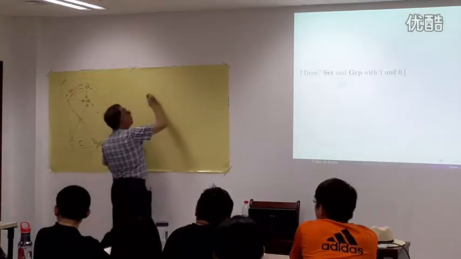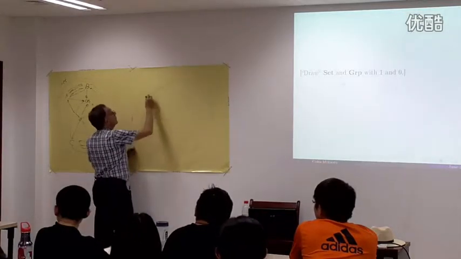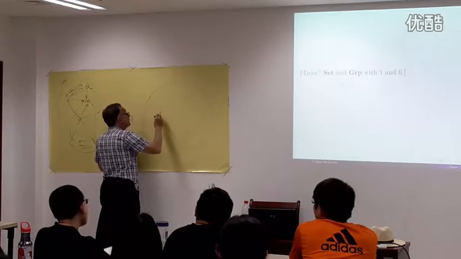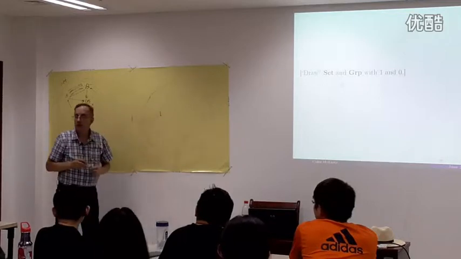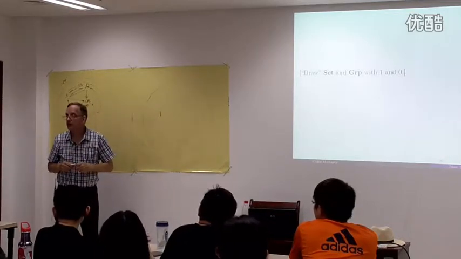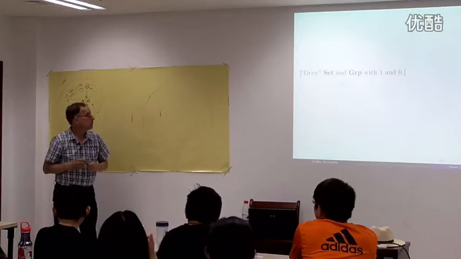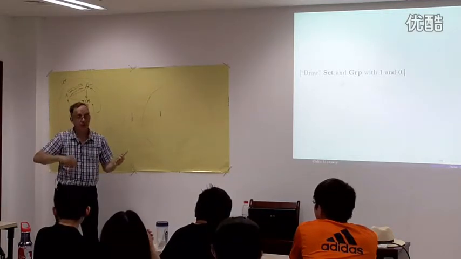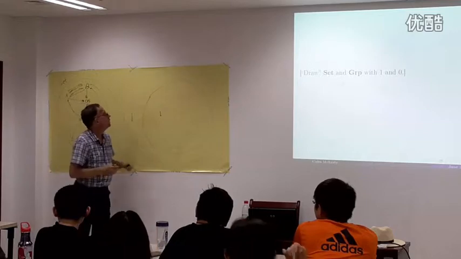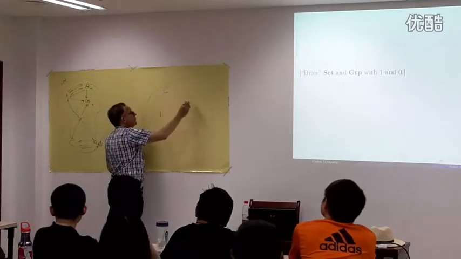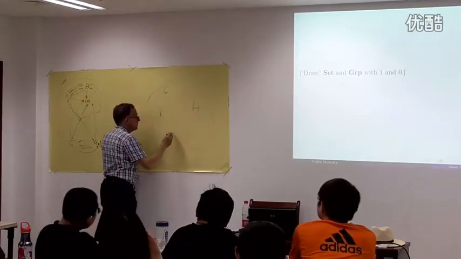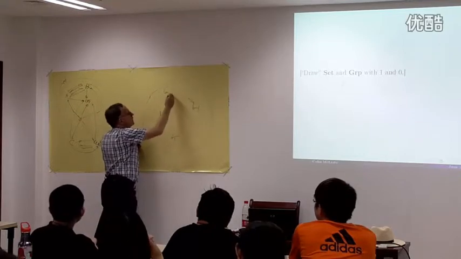Over here in Group, well, a group has to have at least a unit element in it. That might be the only thing. You can have a one-element group, but you can't have an empty group because it has to have an identity element in it. You've got lots of other groups, and in a way, this looks a lot like Set in